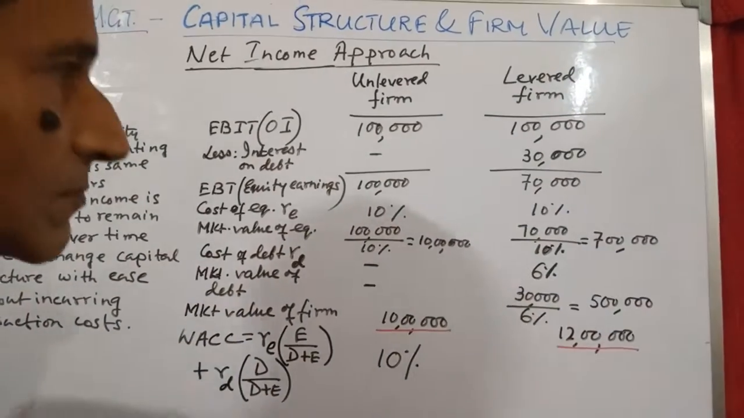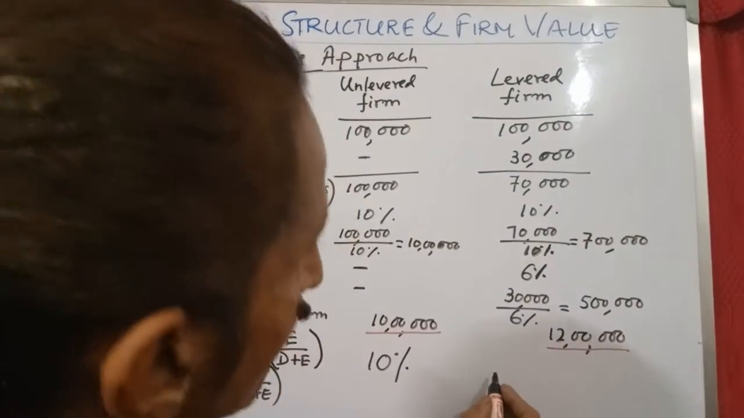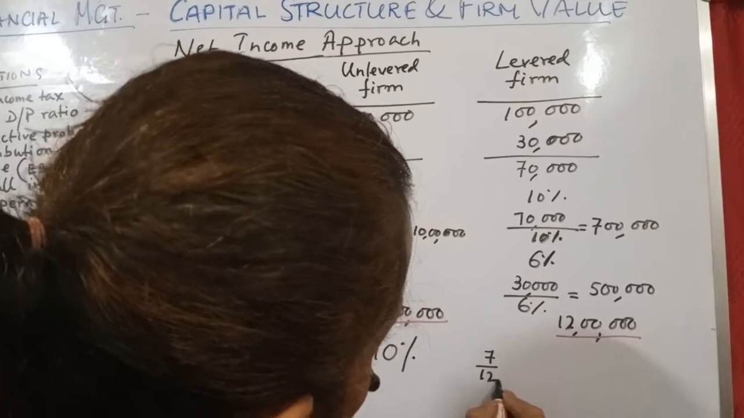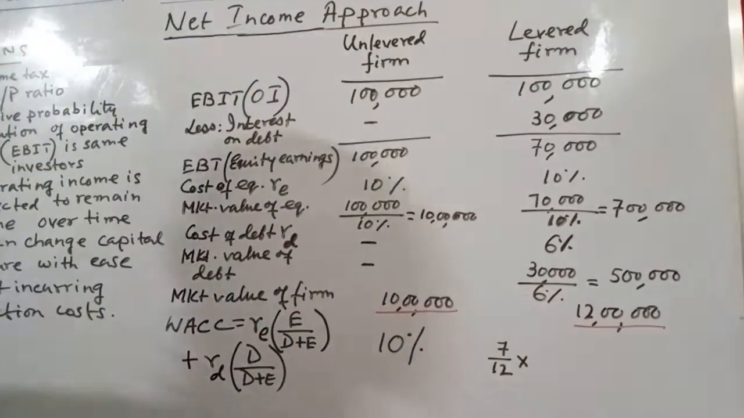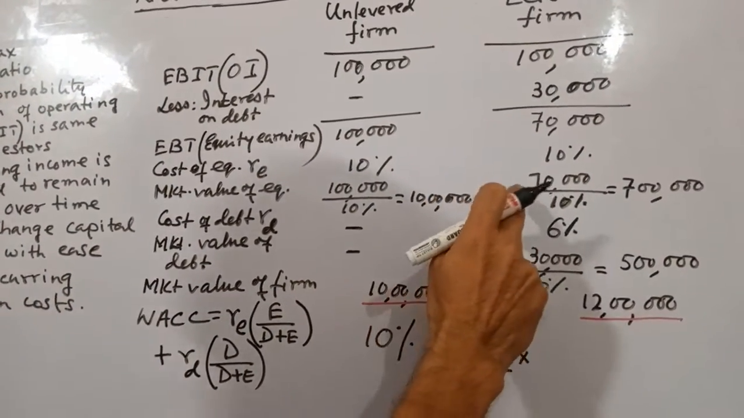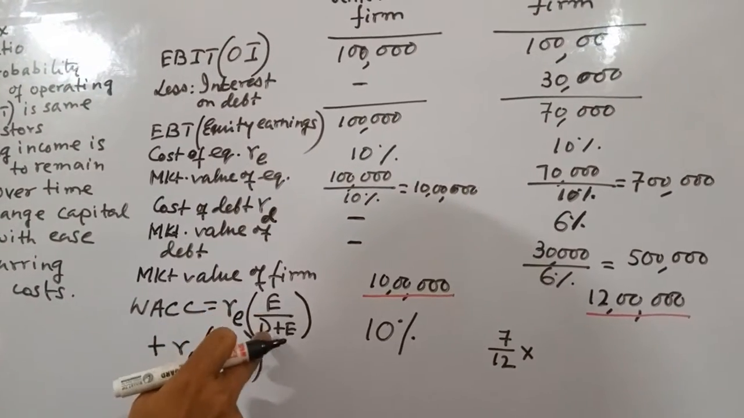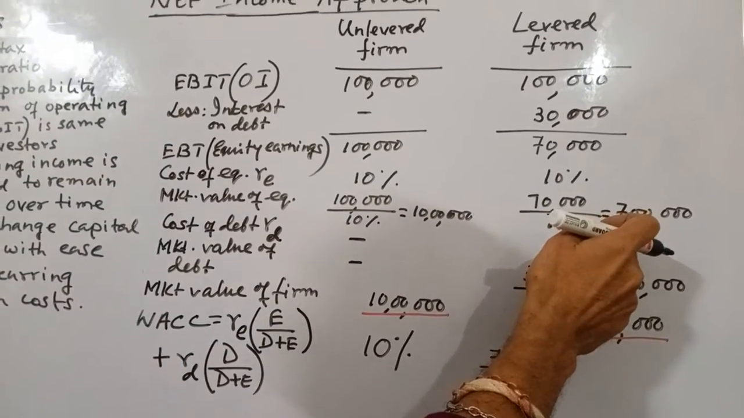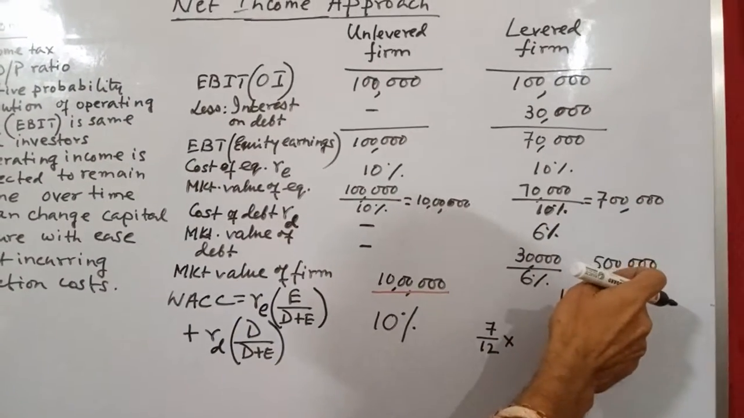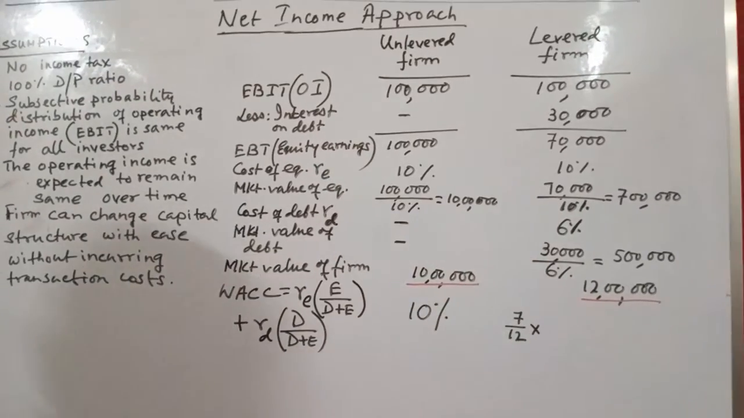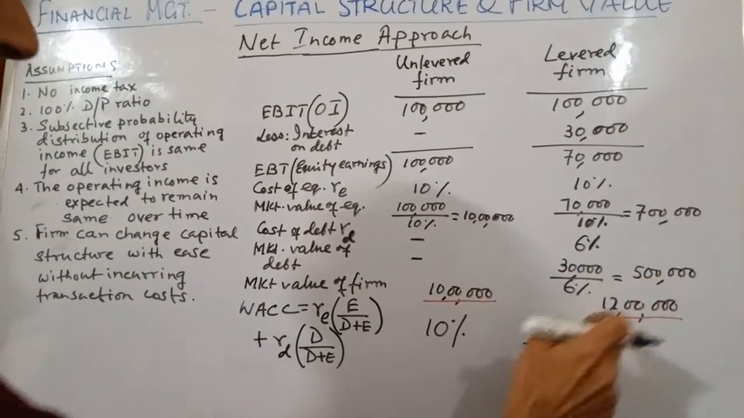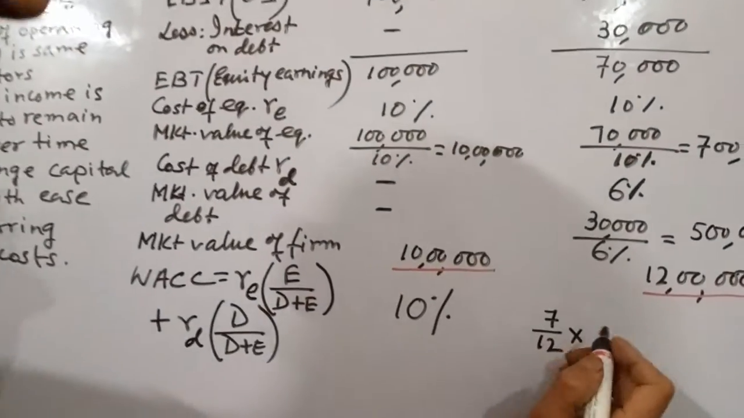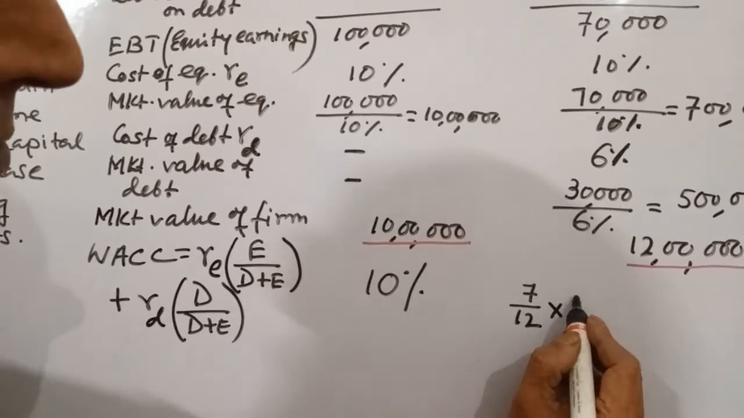And here this is 7 divided by 12 into cost of equity, RE into E by D plus E. E is 7 lakh and D is 5 lakh. The ratio is 7:5, as 7 plus 5 is 12, correct, into what is the cost of equity? 10%,